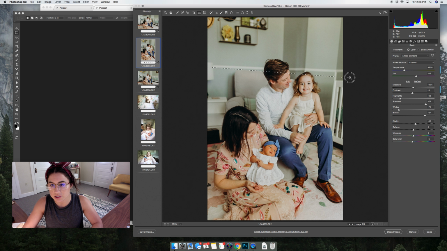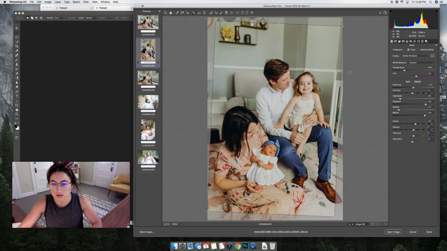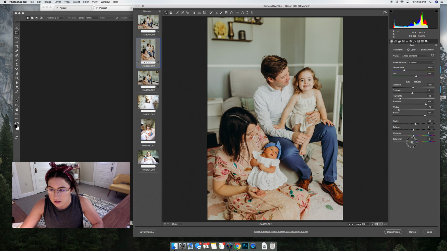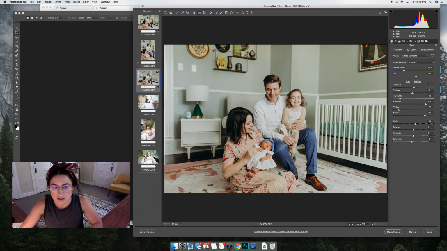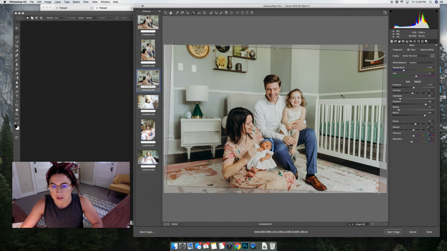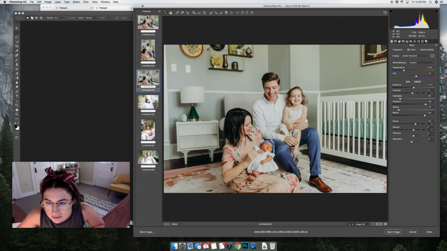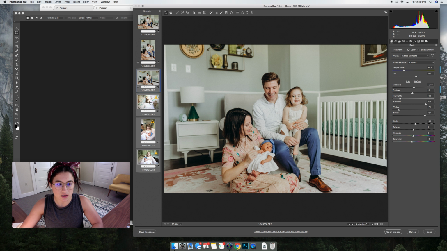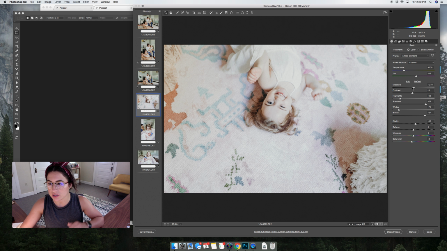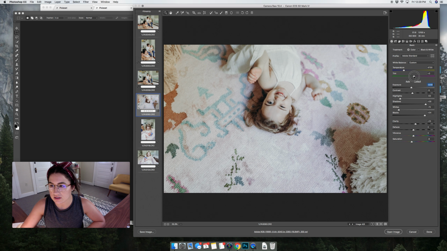Always straightening out images. I can't stand a crooked image. Drives me nuts. So I'm going to come here and just adjust exposure and white balance just a hair. There we go. Oh my gosh, so cute. Same here. Adjusting that crookedness. Perfect. Let's see. I just kind of carry over the preset with each image and then adjust as I see fit